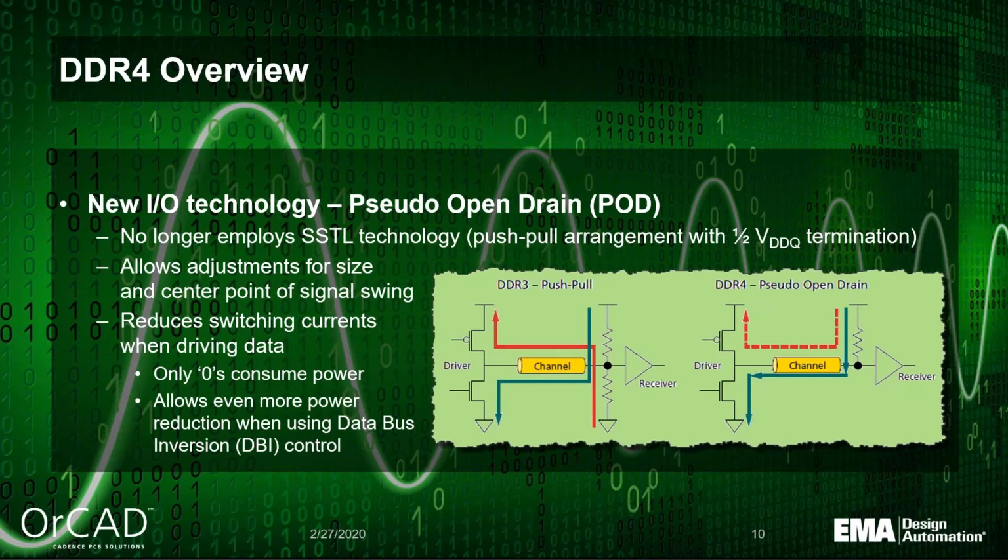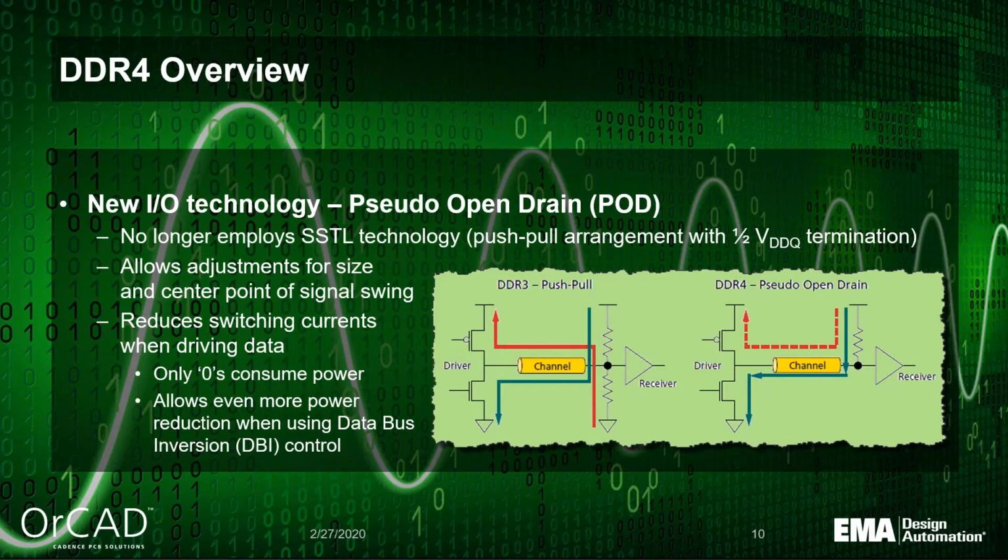With pseudo-open drain, you're only consuming power in a low state. When you're driving the bit low, your MOSFET is turned on, and therefore you're consuming power through the pull-up. That's the only time you really consume a significant amount of power, relatively speaking. In the high state, almost no current is drawn at all, you're just pulling up to a high value on the data bit,